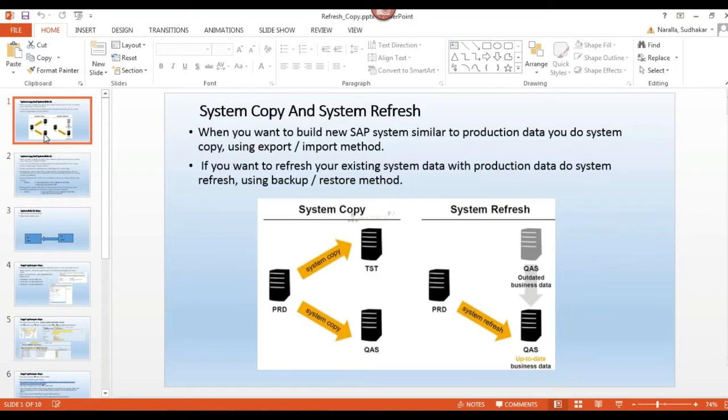System copy and system refresh. What is the difference between system copy and system refresh? System copy is done through the export import method. System refresh is done through the backup and restore method. Okay. Other than this,